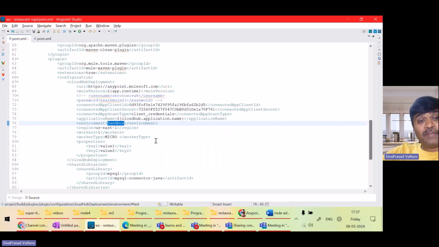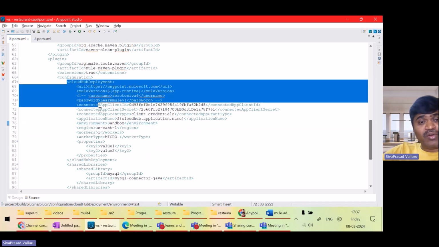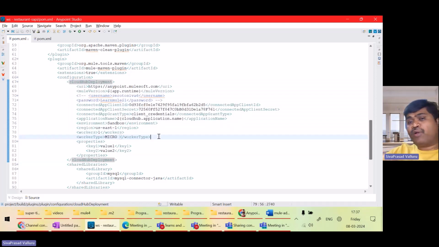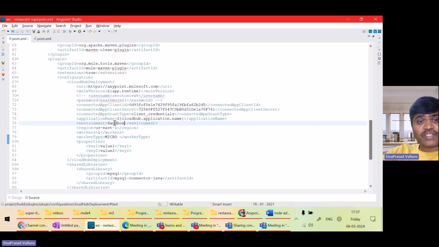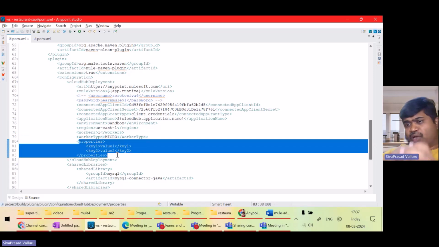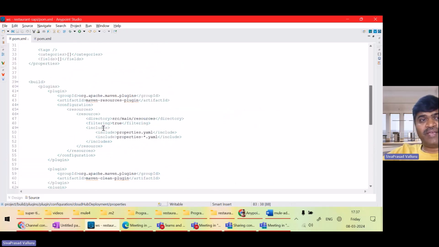When I'm deploying to Sandbox, maybe I want this CloudHub deployment configuration to be different than the one for dev and the one for production. So whenever I want to deploy to production, shall I come here and change this to prod? And maybe in production, I want 3 workers, a different worker type, and different property values, right? So do you want me to come here and change every time? Not good. So to avoid changing this pom.xml every time, we have a concept in Maven called